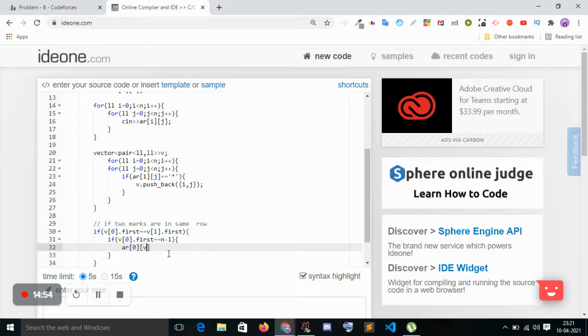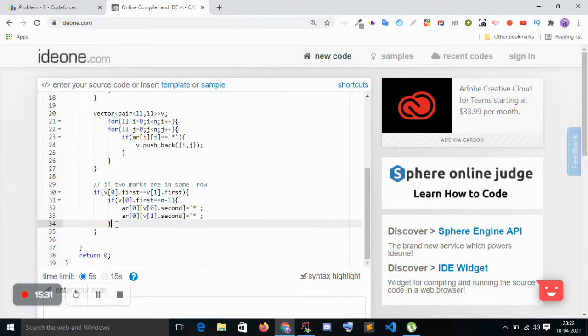So the column is v0 dot second equal to array of 0, v1 dot second. So that's our first case.